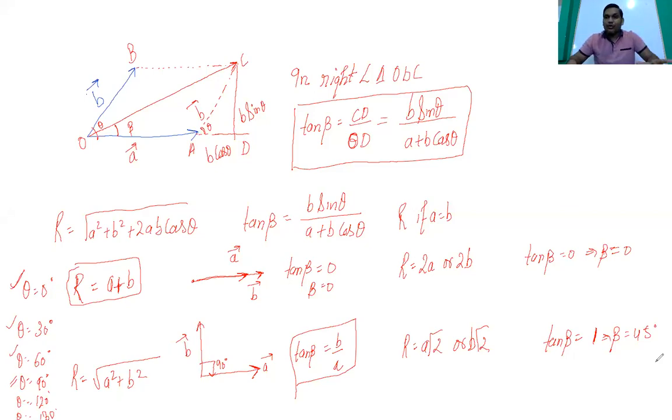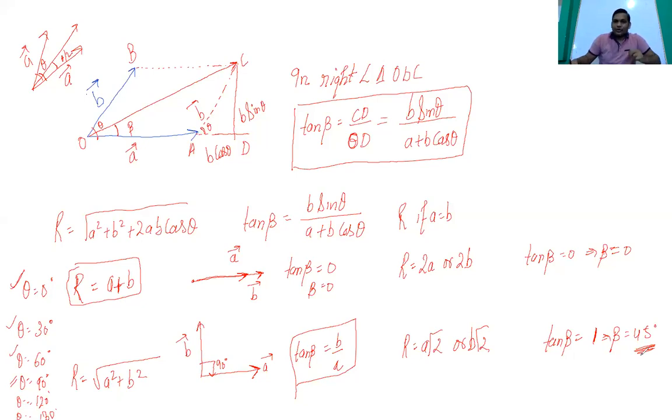If there are two equal vectors acting at angle theta, I'm just giving a statement. Let's say these are two equal vectors, and these are acting at angle theta, then the resultant will always be the angle bisector. So this will always be theta by 2. You can see one example here: this was the angle when we were taking 90 degree, and the resultant was coming at 45 degree. Is it clear or not?